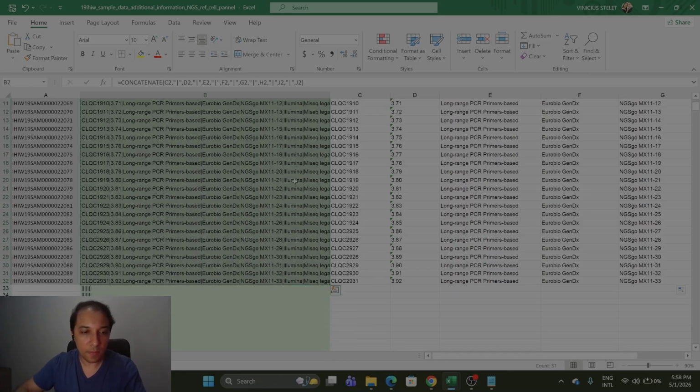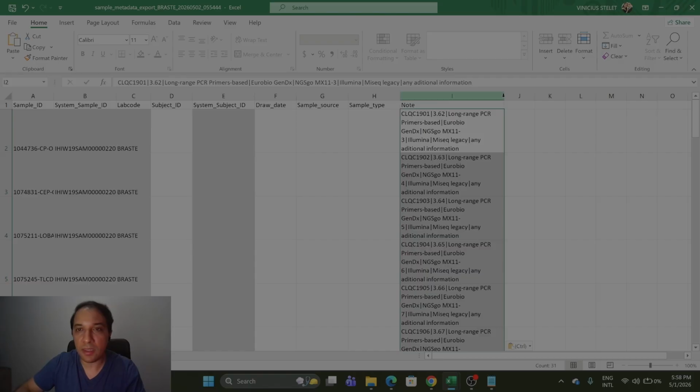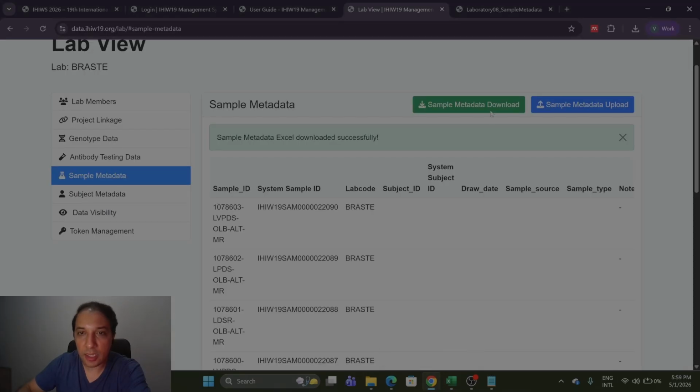Control C, and we go to the sample metadata file. And here you can use this option if you find some problems on pasting the data here. You can see that we have the mapping of the system sample ID and the additional information here. So just save the file, save, okay, and go back to the database.